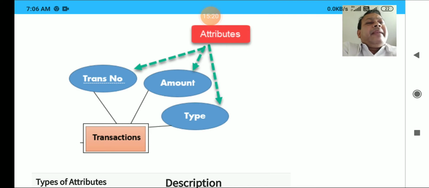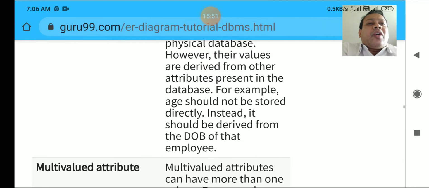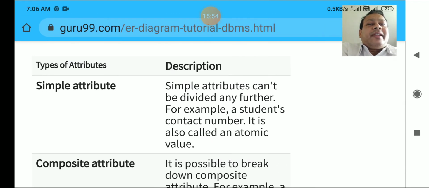Clear? The primary key may be your email ID, it may be your phone number, or anything which is going to identify the record uniquely. It may be the employee ID for that employee, your Aadhaar card, your PAN card, or your license, which are unique, because one person is related to one Aadhaar card number, one license number. Clear? So on and so forth. I think weak entity and strong entity are very clear.